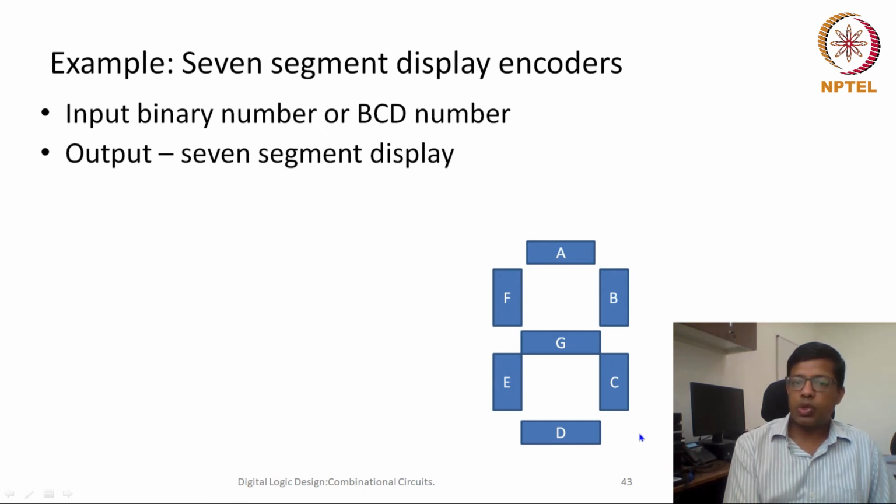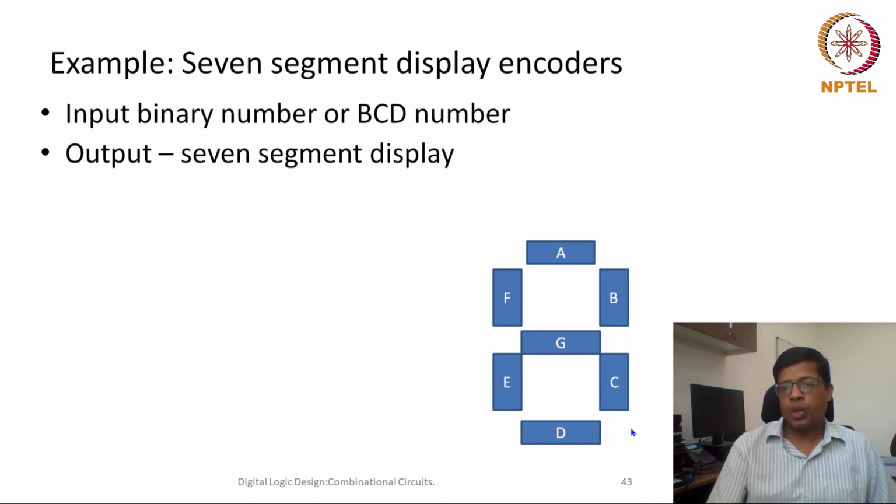In standard circuits, mostly there are 8 LEDs. The 8th LED represents a dot here, so that we can represent fractional numbers also. But let's still see it as a 7-segment. In the 7-segment we have these 7 LEDs, and all of them we mark with a name: A, B, C, D, E, F, G.